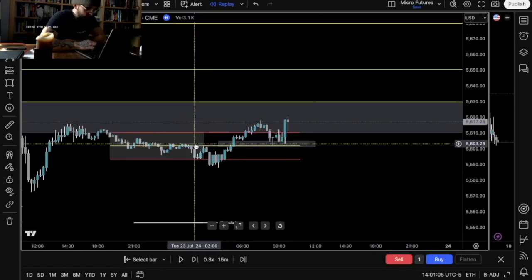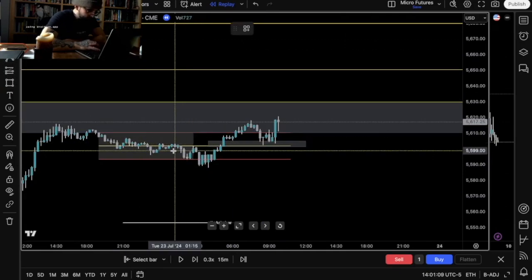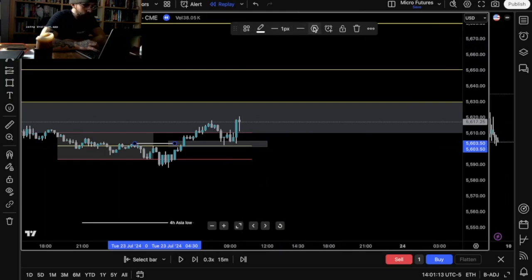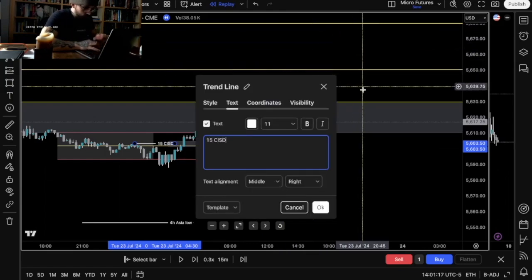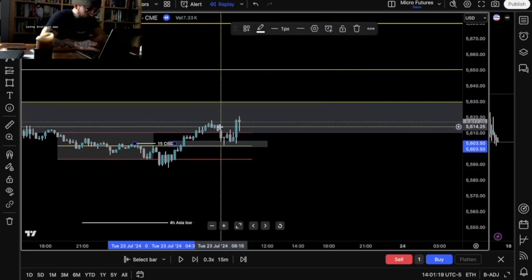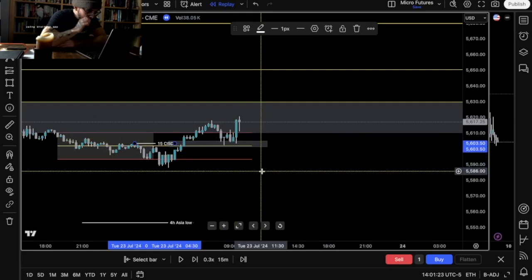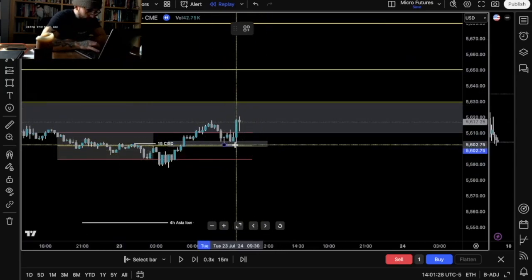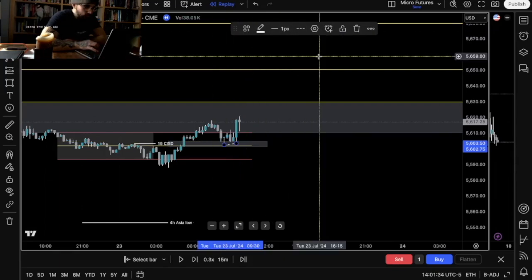We have a change of state, a 15-minute change of state, coming back into an hourly fair value gap. What could potentially be manipulation, I'm not too sure, because I don't have NQ pulled up, but